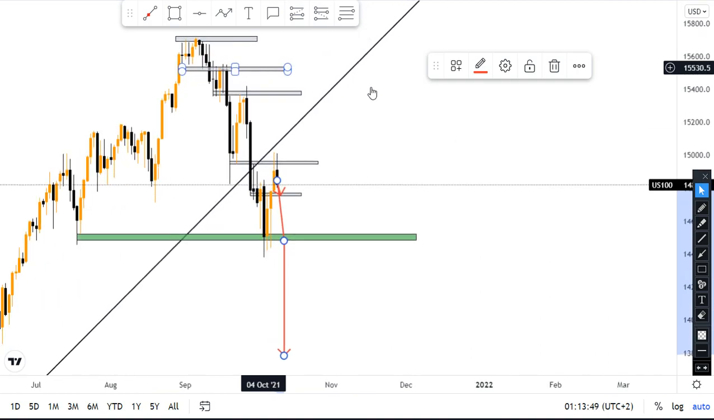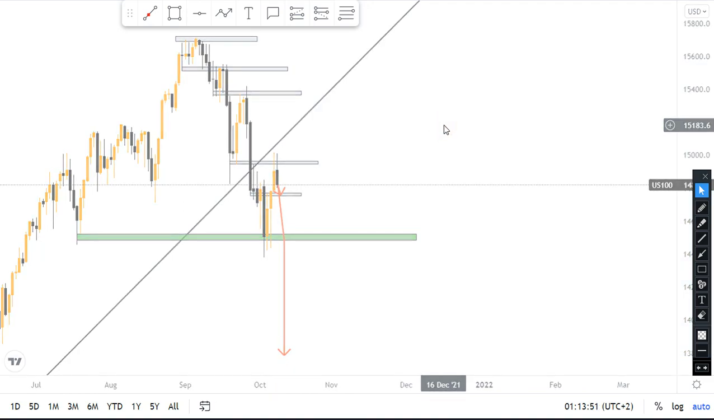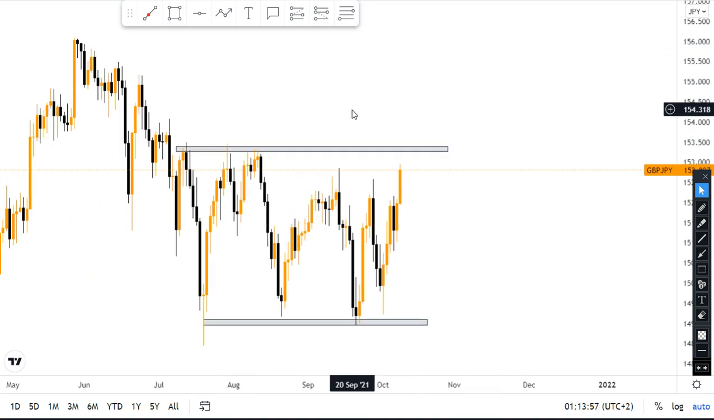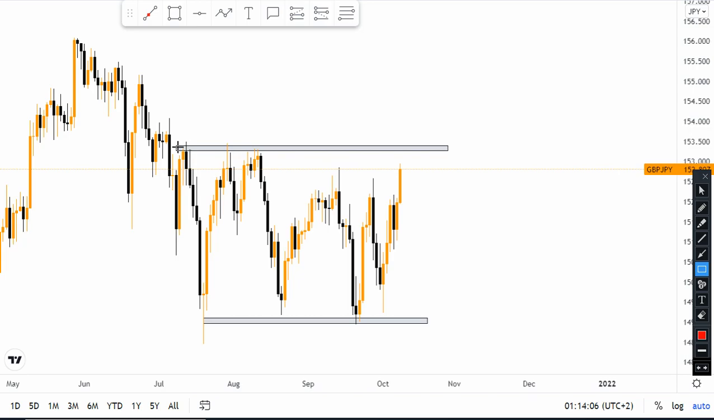Now to the next pair. So the next pair is Gbp Jpy, right? So Gbp Jpy, pretty much there's nothing. It's just a ranging market. So you can see here, for those who trade a ranging market, you have a high, you have a low. You could have taken short positions here, you could have taken long positions here, and now the market is at